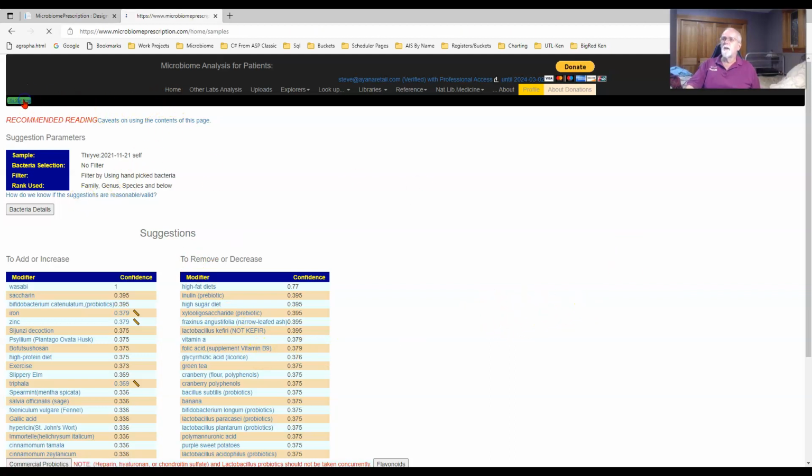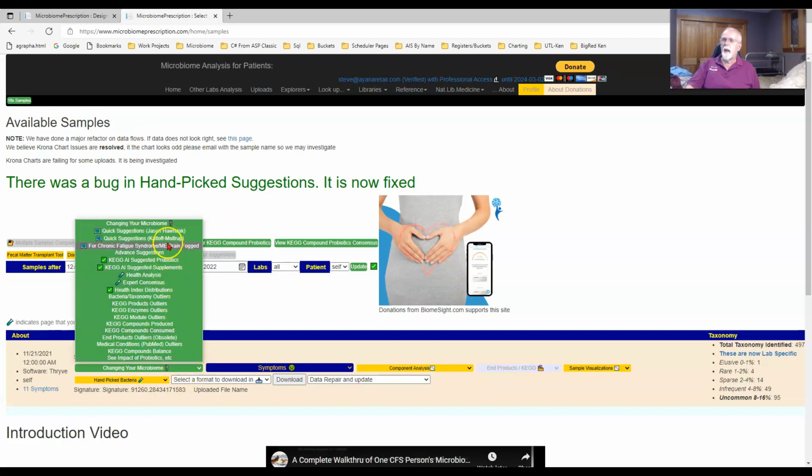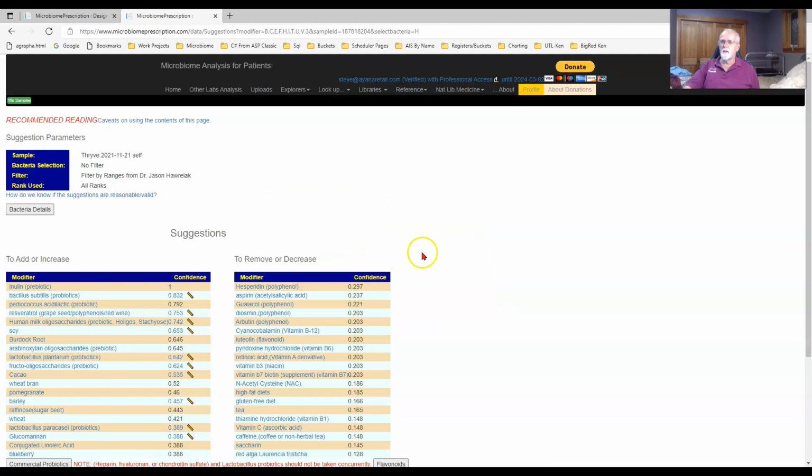Okay, let's go back to the samples. Second way around is to go in here and use JSONs there. I won't bother with count of multiply because I saw there was practically nothing there. We picked by hand everything that count of multiply would have done, and we added more. I'm going nowhere, so I'm going to skip that. I'm going to go over the JSON stuff. We have a much better, a large number of items, 0.4 or above for to take, and basically nothing that sticks out to be avoided.